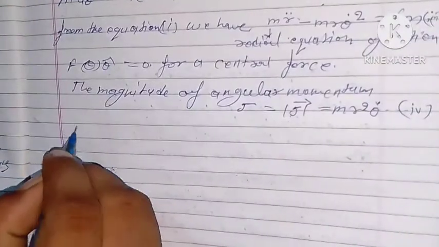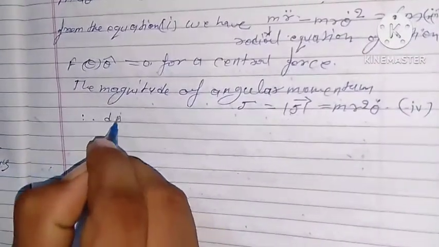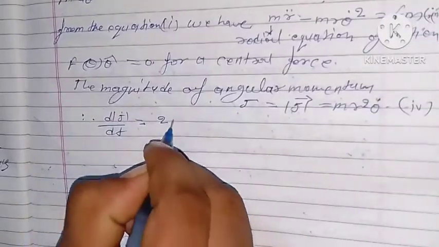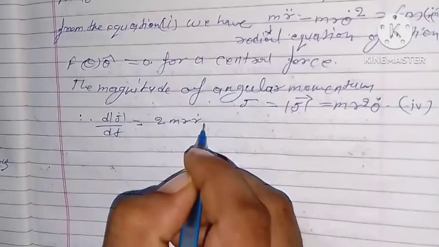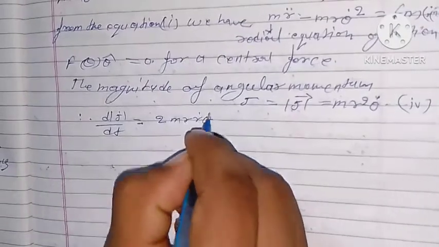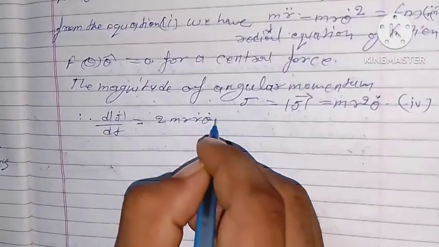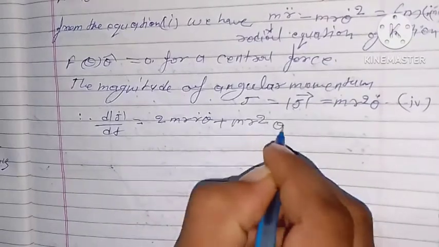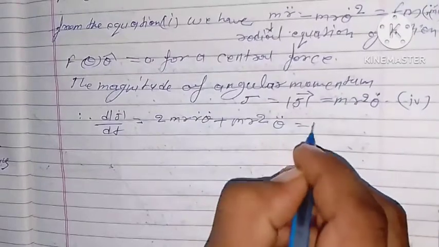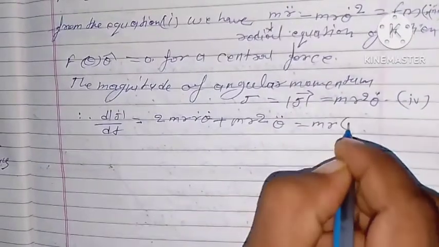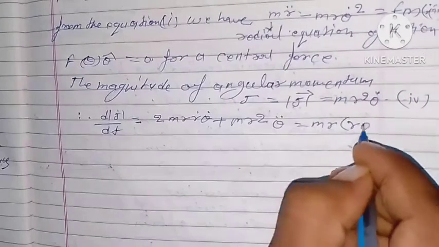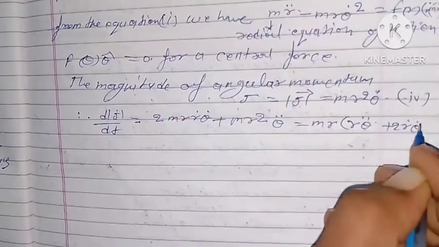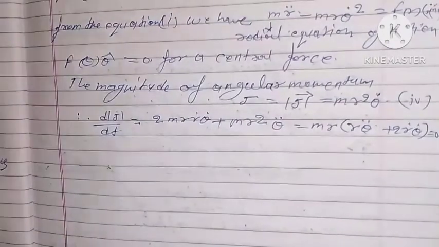And dJ by dt equal to 2 m r derivative of r derivative of theta plus m r square double derivative of theta equal to m r, into r double derivative of theta plus 2 derivative of r derivative of theta, equal to 0,